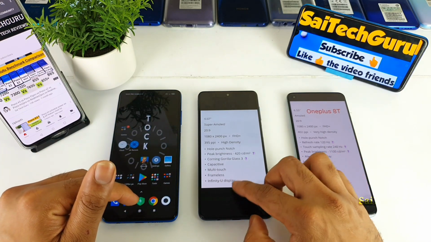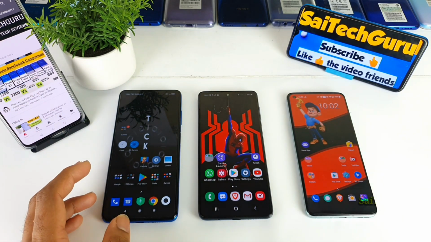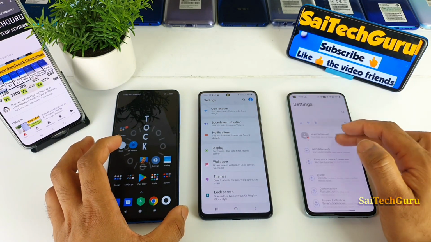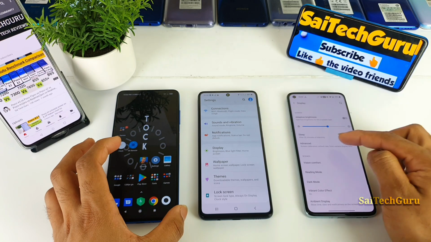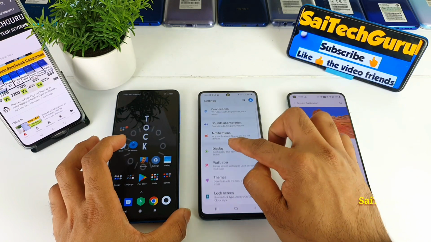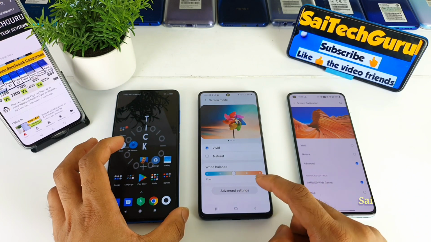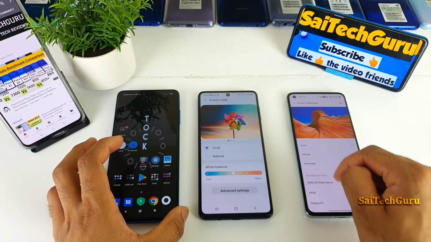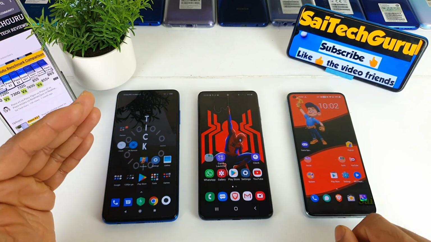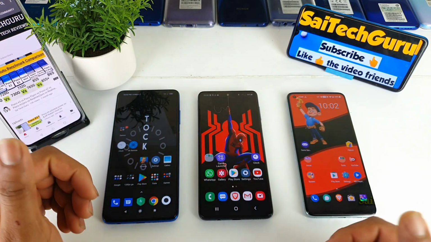So let's compare the same video playing on all three smartphones and see which phone performs better. For better results, I kept the colors on vivid. On the OnePlus 8T, there is an option to select the advanced setting with AMOLED wide gamut as well. But on the Samsung Galaxy, you don't get that kind of option. You only get vivid options, as you can see, and I selected vivid. On the Poco X3, there are no such options because of the IPS LCD panel, but there is software optimization going on, which I'll try to cover in this video.